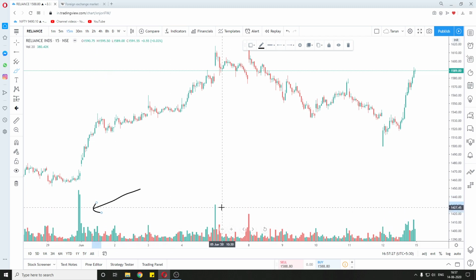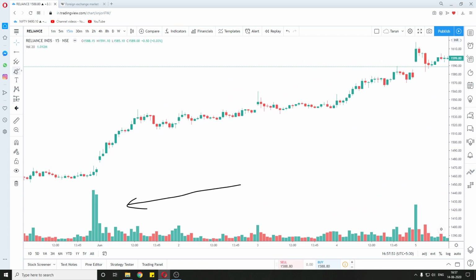So this volume tells us how many shares were traded in that particular time period, because this volume is plotted on the x-axis, that is, the x-axis is the time. So it is telling us about the time, at what particular time how many shares were traded. Let's take the example of this particular small candle, this one. If we look in the left corner, this is the Reliance Industries 15 minutes chart. So each candle represents 15 minutes.